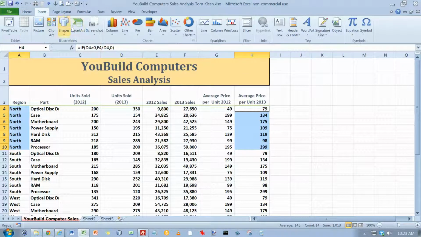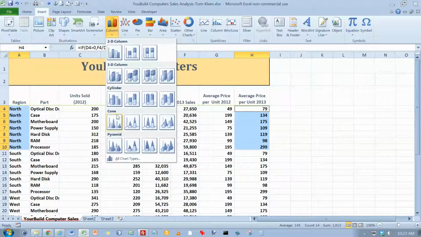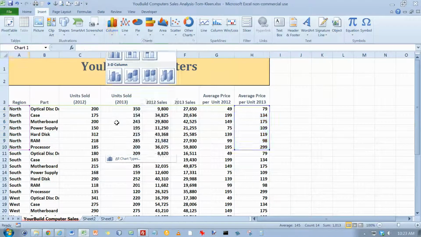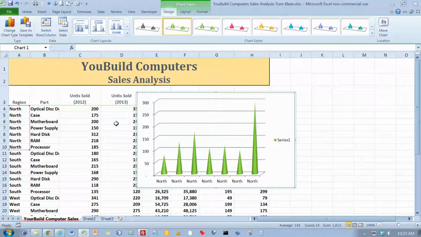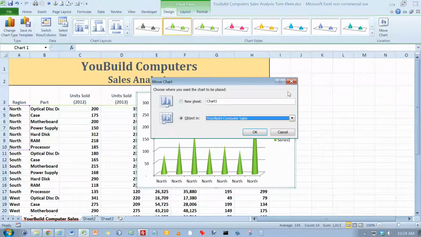We want to go to Insert and click Column. And one of the types is a clustered cone, and that's what we want. And we get something that looks like that, and we want to move it, so click on the Move Chart button. They almost always look better if you put them on a sheet by themselves. Click on OK,